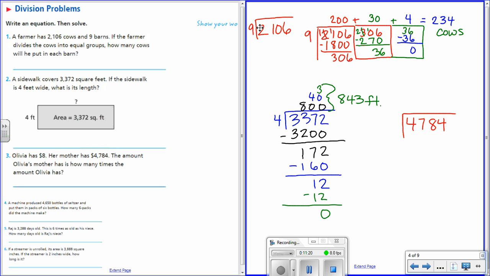So we need to find out how many $8 fit into this. Now I'm going to go digit by digit, okay? I know that 8 doesn't go into 4, but I can look at 47, okay? 8 times 5 is 40. 8 times 6 is 48. 48 is too big, so I'm going to go with 5